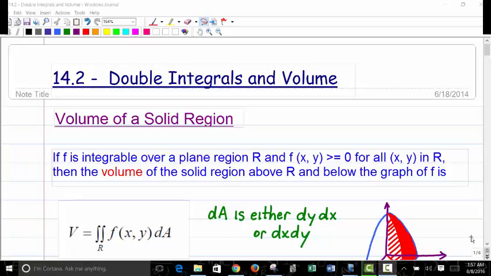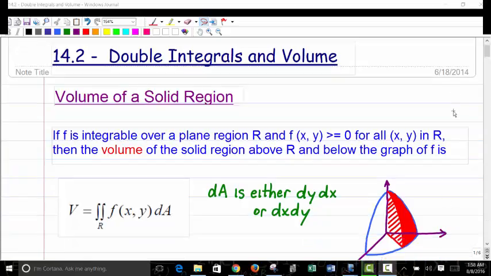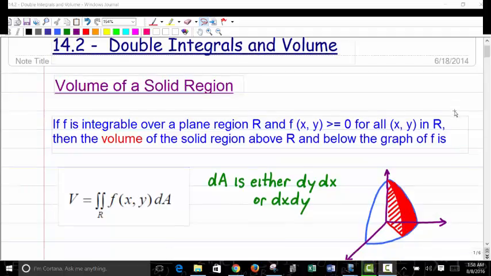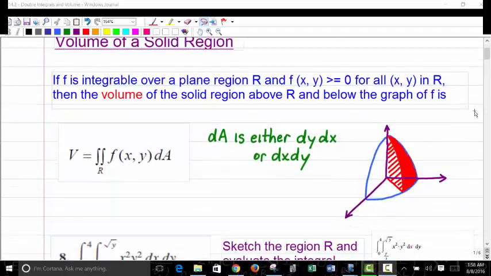Okay, welcome to double integrals and volume. Now, we've seen how to set up the regions of integration. We'll be doing that again, of course. But to find a volume of a surface given to us by a function of x and y